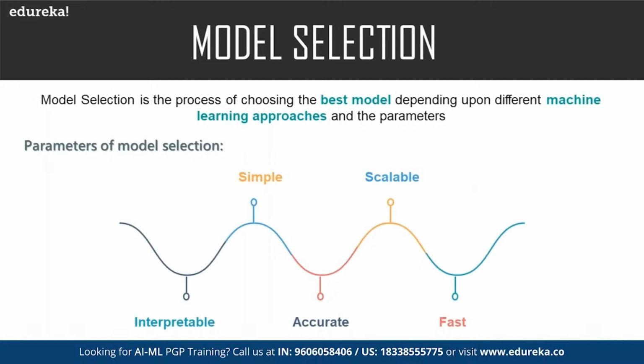So the results are interpretable, or they are simple, or accurate, or scalable, or fast. How fast it is, and how far we can scale that model to an extent. And again, that is a part of the modeling process. So coming to accuracy and interpretability, which we see here, they are again trade-offs. When we tune our model, and I mean select a model for accuracy, again interpretability we